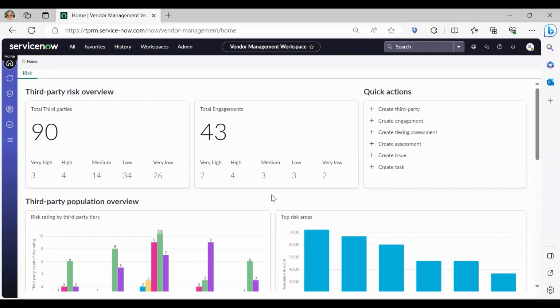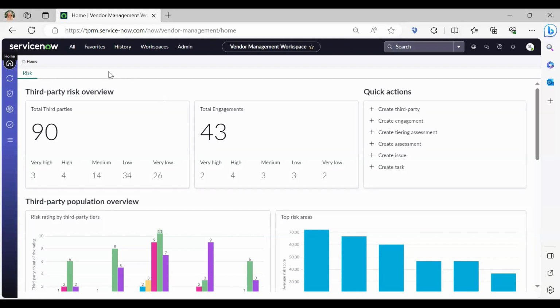This workspace still integrates with vendor performance management, which lives within ITSM, and that's why we haven't changed the full name of the workspace yet, because they didn't change to third-party risk performance. We share this workspace, and if vendor performance management was turned on, you'd see a tab here around the performance metrics being captured of your third parties. So just wanted to level set there.